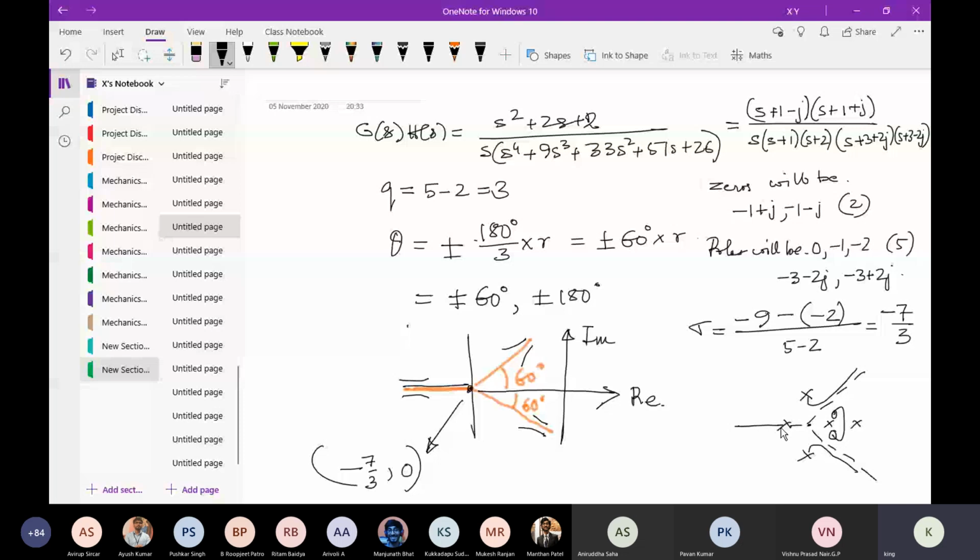There are also places which are known as break-in and break-out points. Because the root locus is a higher order polynomial, there is a possibility that it can have multiple roots. So when you have multiple roots, what happens? The two branches must necessarily meet at a point. These points are known as break-in and break-out points. So we'll discuss these two rules in the next class, and then we will also talk about the applications of root locus. Okay? So this will be the end of today's class.